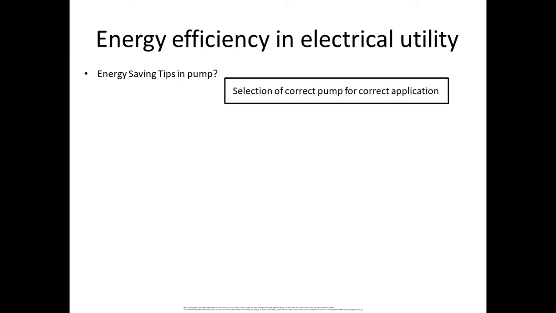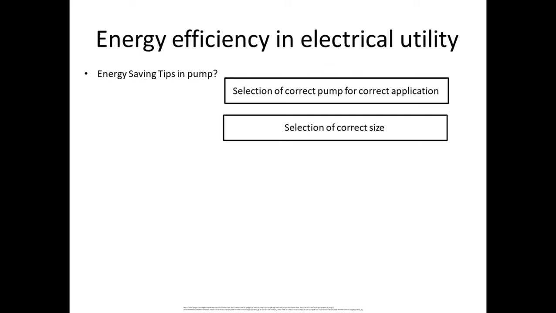If we correctly select the pump for the correct application, such as if someone requires low head and he purchases a high head pump, then energy will be lost. If he purchases a high capacity pump that has low head, and utilizes it for the wrong purpose, then it will consume more energy, because it is not meant for what he purchased it for. So selection of pump is important, and it is purely based on the application.